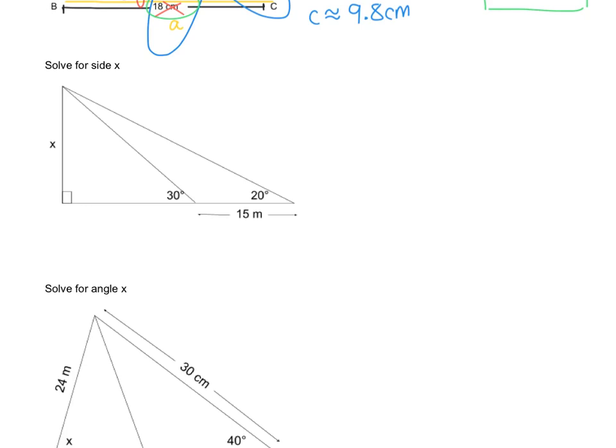Now this side can be seen as part of a big right triangle over here, or part of a small right triangle. Either way, we are given an angle, but we're not given a side. This 15 meters is for this oblique triangle on the side. So your first goal is to pick one of your right triangles, and you're going to have to create a goal